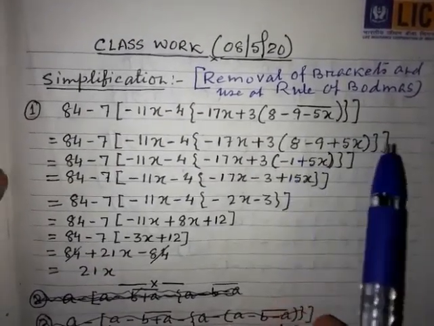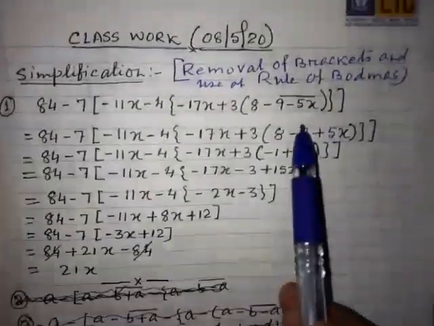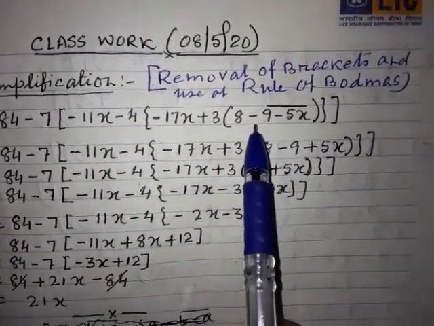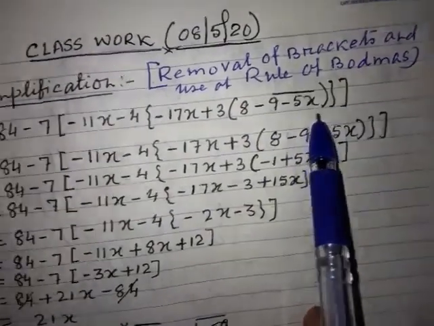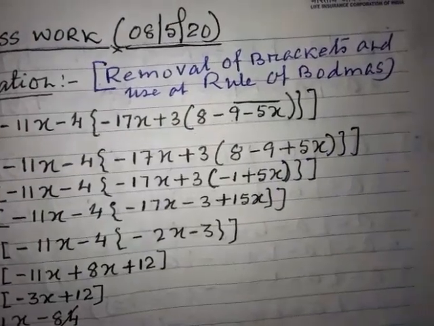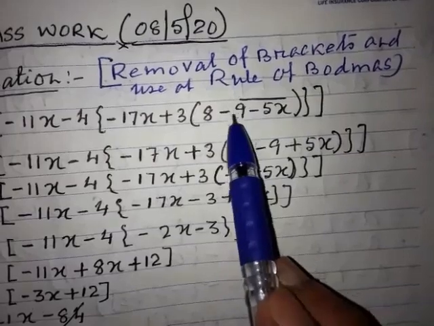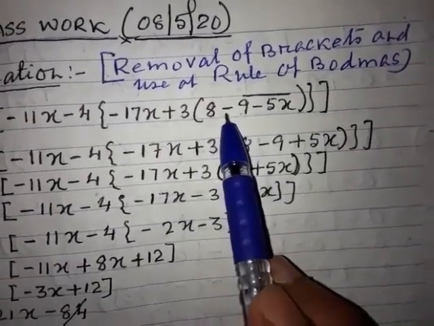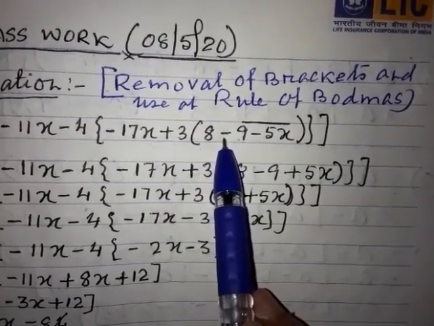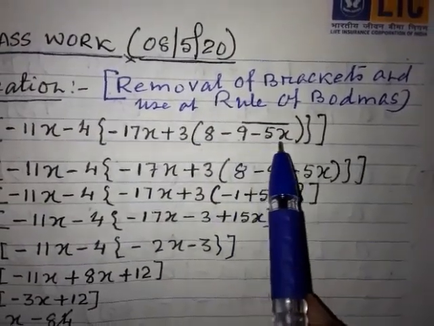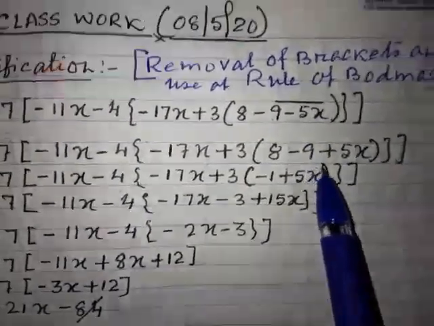I am not changing it. Now, if you come to the bar bracket, like it was told to you earlier, if a minus sign is outside the bracket, whatever signs are inside the bracket will change. So, to explain, I am doing it: this is the bar bracket. If I cover it up, you can see up to here is the bar bracket. So, outside the bar bracket what sign is there? Minus sign. If a minus sign is outside the bracket, whatever signs are inside the bracket will change, and the same thing will come here.